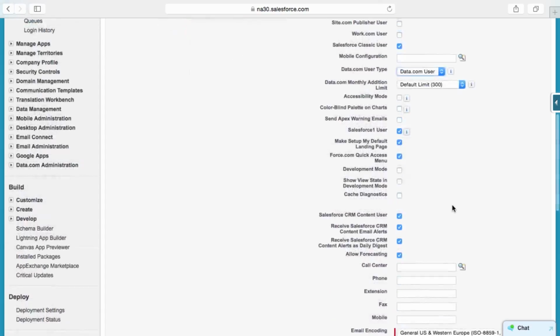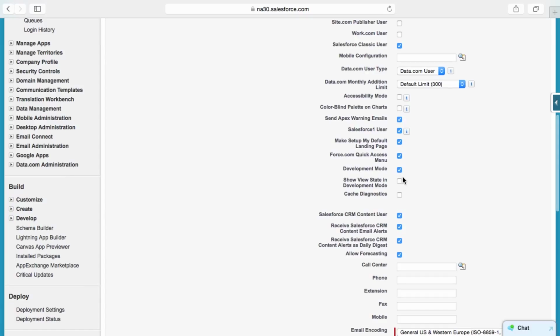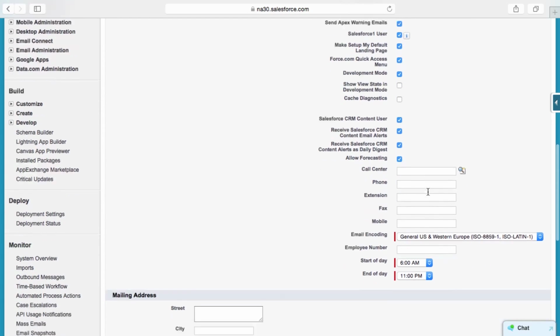Some of these other things are more developer related, like sending Apex warning emails. You don't need to worry about checking that, but you can if you have an interest in development. You can also check development mode. That as well is more on the development side of things, and I'll go into that more in my developer course that I'm currently developing. And so there's a lot of settings here, but what I really want to highlight